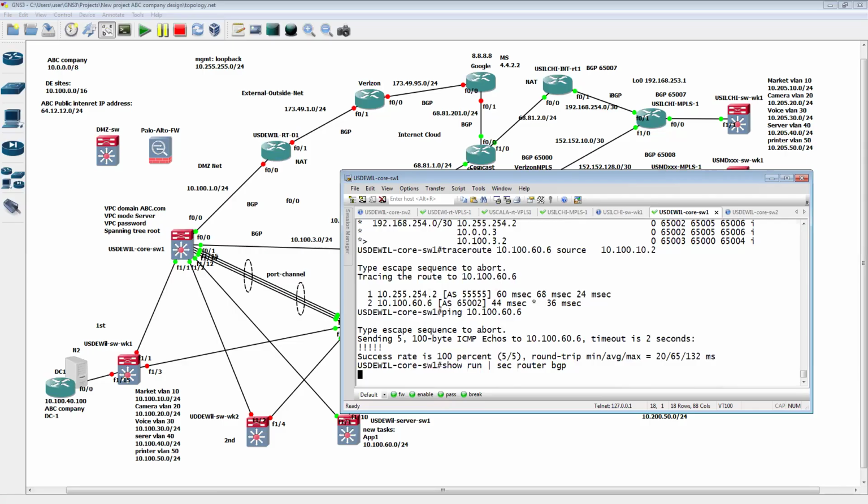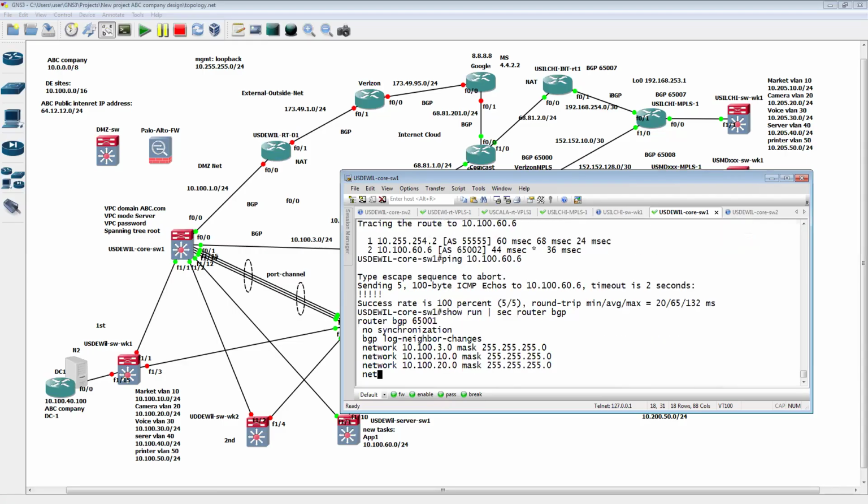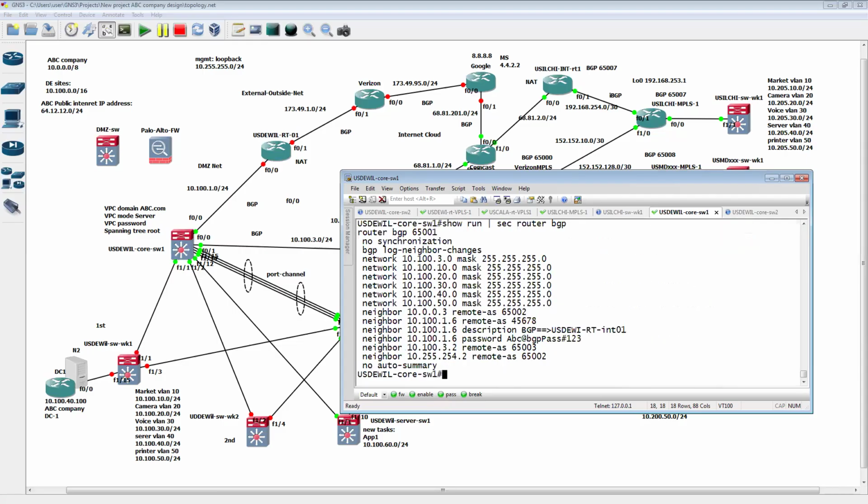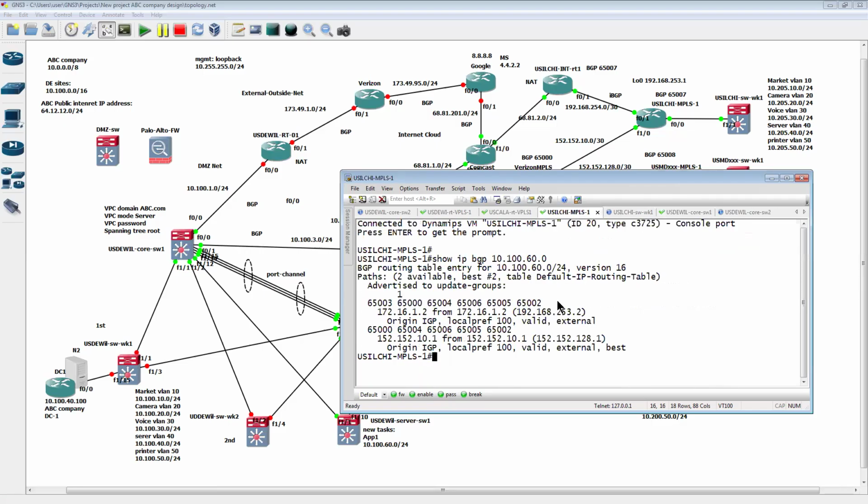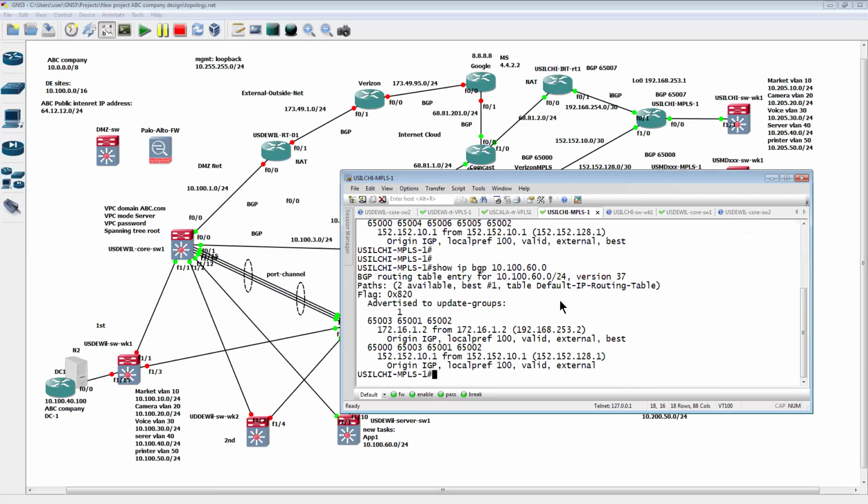Do we have a network command to advertise the 10.60? Yeah, see, we don't have it yet. You see, we don't have this one yet, right? So now, if we go back to the Chicago router in here and refresh again, you see we have learning. This is from VPLS, and also we have